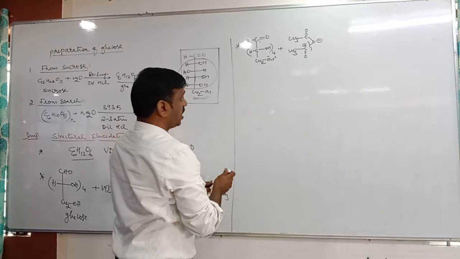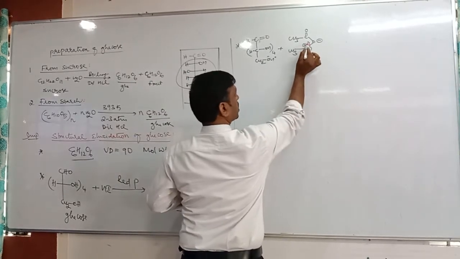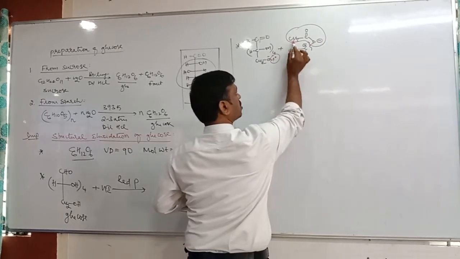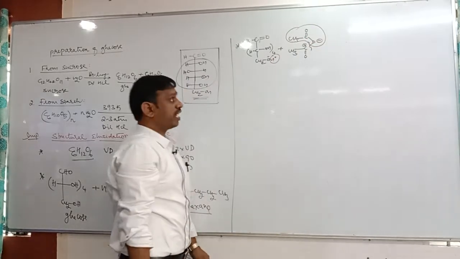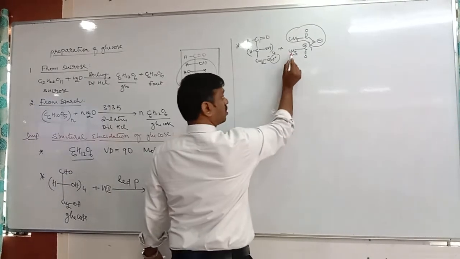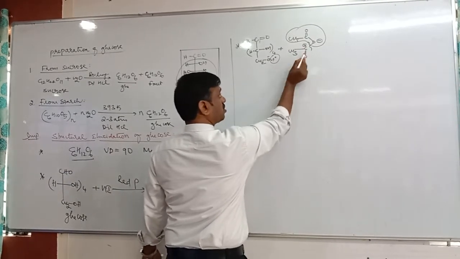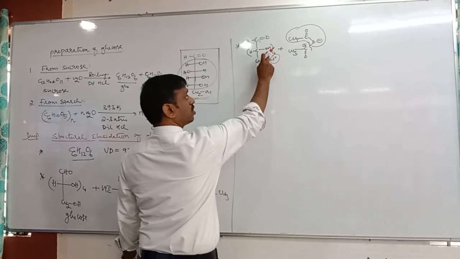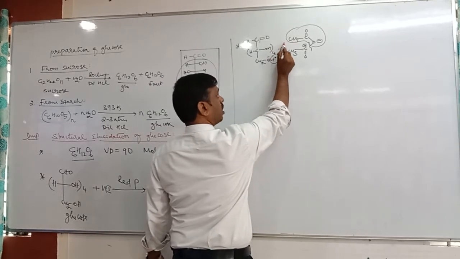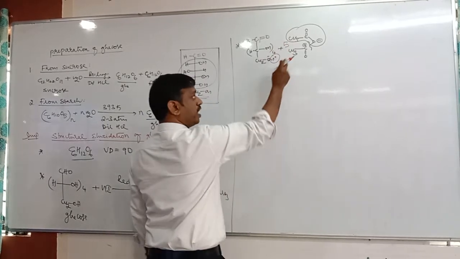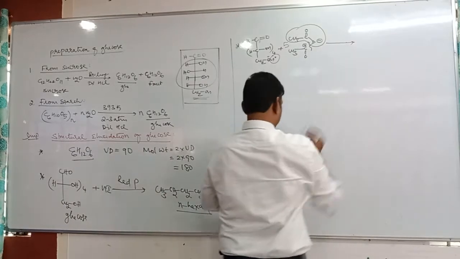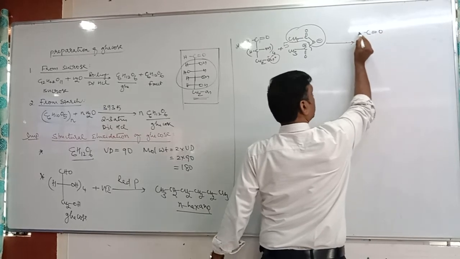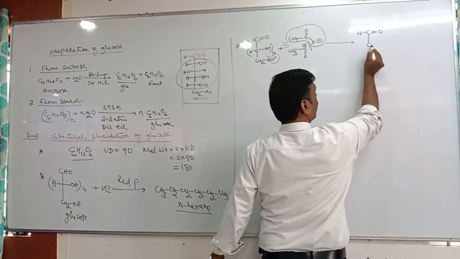Tell me, this H plus and this group, what do you get? CH3COOH, you will get acetic acid. And what is left here? CH3CO. That CH3CO gets attached on oxygen. How many OH are there here? Here 1, here 4. Total how many? 5. Therefore, glucose reacts with 5 moles of acetic anhydride. It forms a penta-acetyl derivative. Yes, it forms the penta-acetyl derivative of glucose.